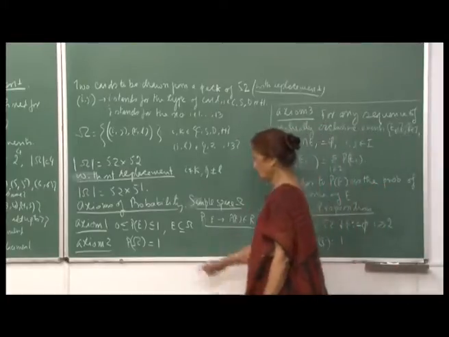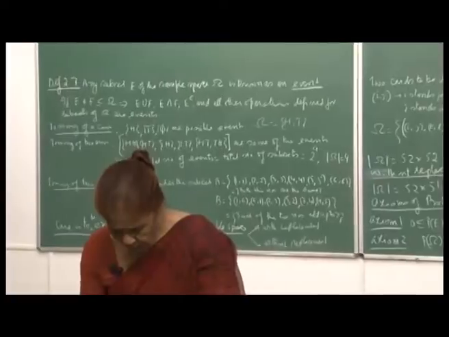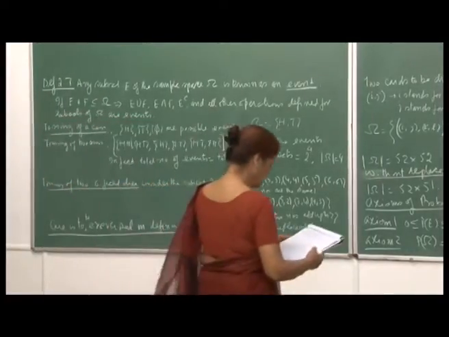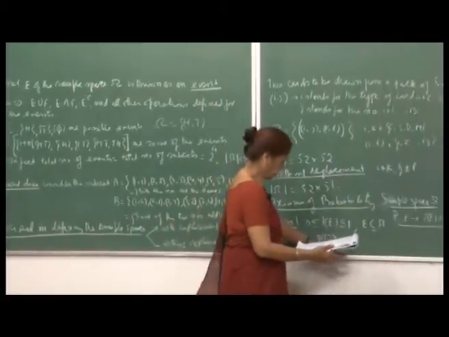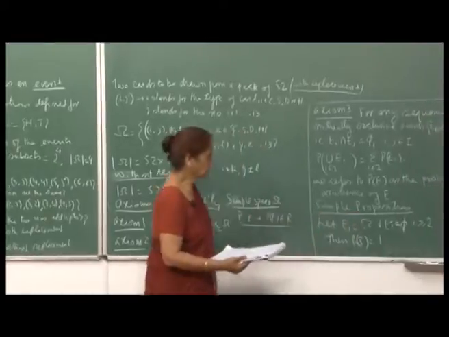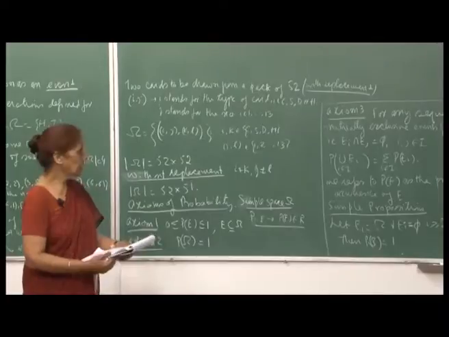Okay, P omega I have to write, so that is not a big deal. What I am saying is that this validates the axiom, because we have already assumed that P omega is 1. Here also, if you put E 1 as omega and all other E I's as empty sets, then you get that P omega is 1. Now,